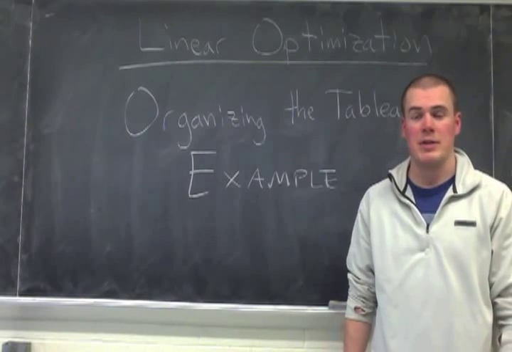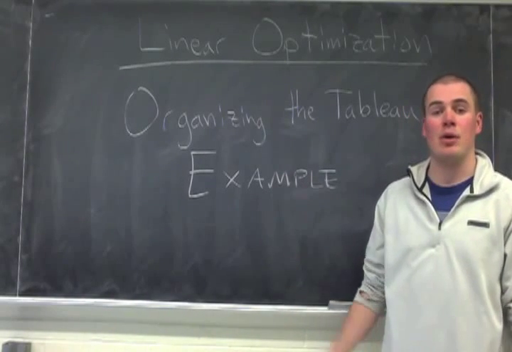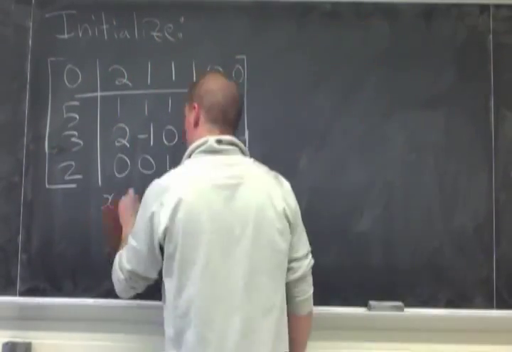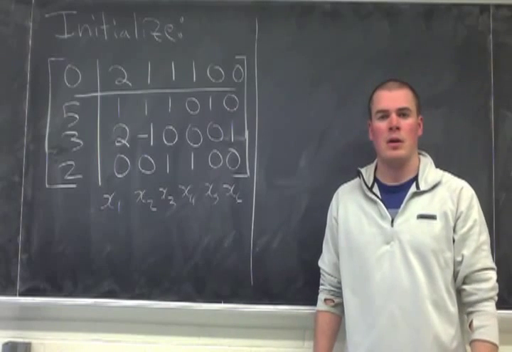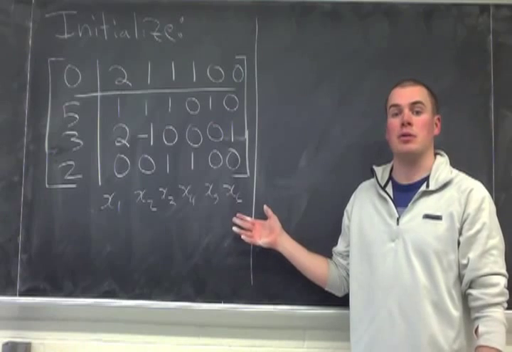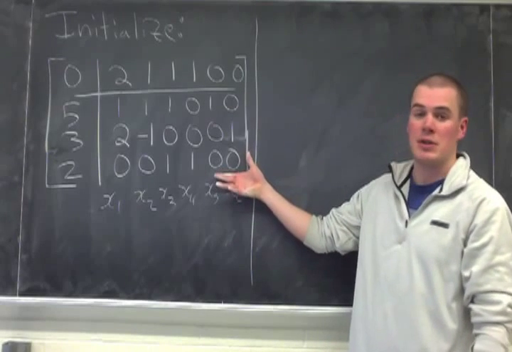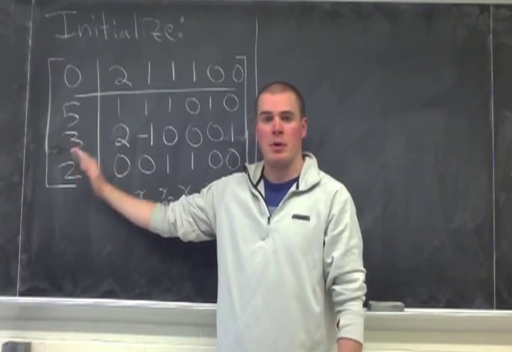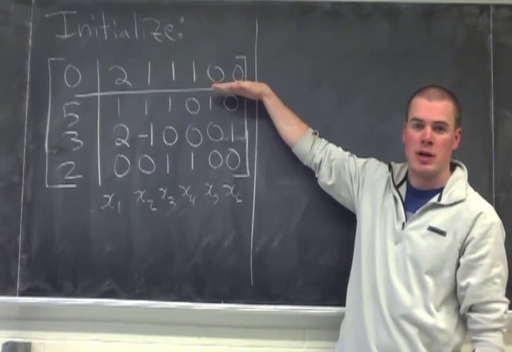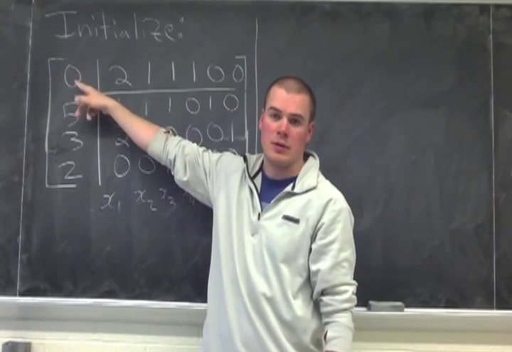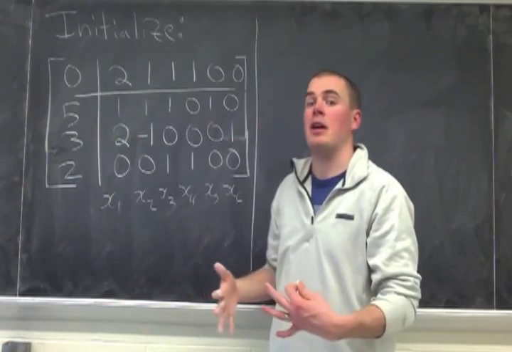Back to linear optimization. Now we're going to organize the tableau with an example. So now I've written up a tableau just by filling in with the initial values. What I've done is I put in the matrix A into this part, I put the vector b from this part, and the cost vector transposed here. And also I put a 0 in terms of the cost function, because we're essentially thinking about right now being